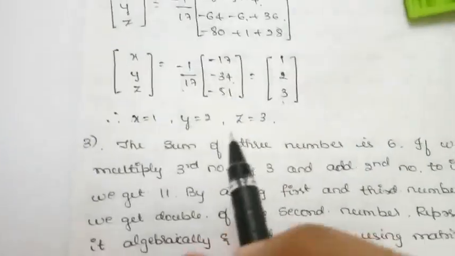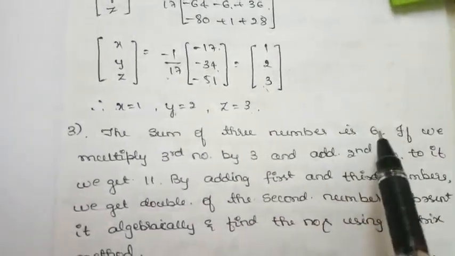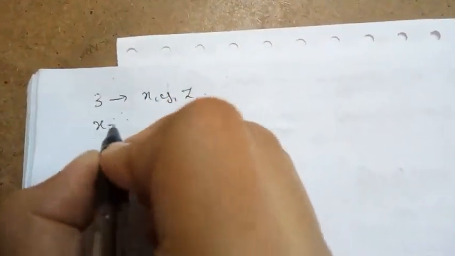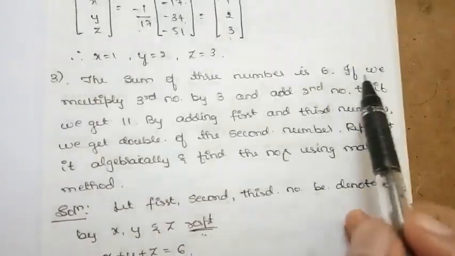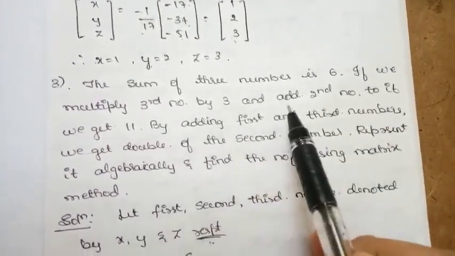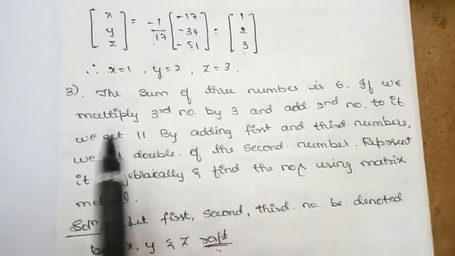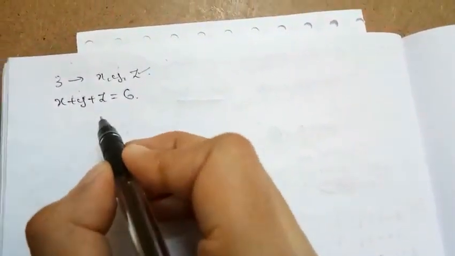See here, there is a next question, which is an application type of question. First, what is the statement saying? The sum of three numbers is 6. So I will consider the three numbers to be x, y and z. First they say the sum of three numbers, that is x plus y plus z is equal to 6. Next they say, if we multiply the third number by 3 and add the second number to it, we get 11. So for the third number we are multiplying by 3, that is